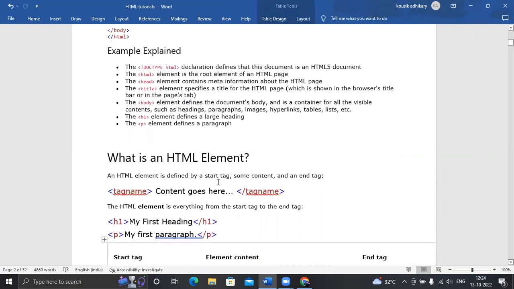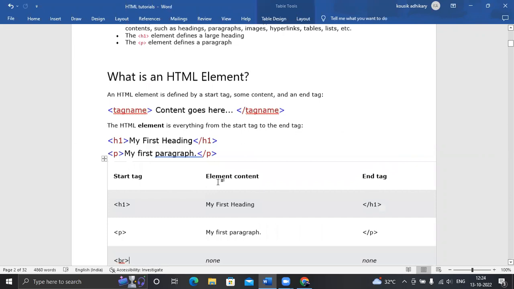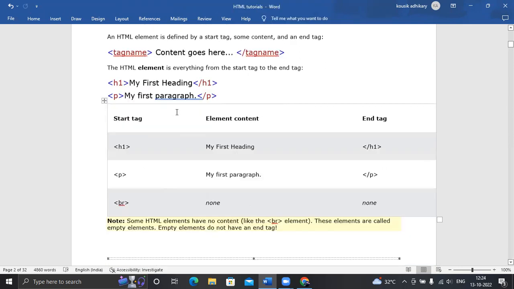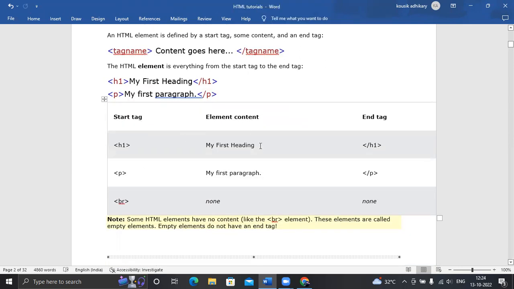Let me tell you what an HTML element is. An HTML element is defined by a start tag, some content, and an end tag. If you can see the table, there is the start tag, the element content, and the end tag.